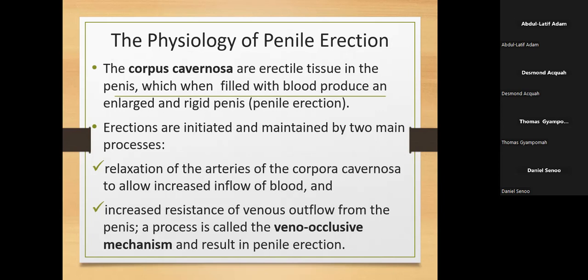So the penis will be supplied with arteries. As we move on, we'll talk about the specific name of the artery. So it's the arteries which will go, and then once the blood has entered any organ through the arteries, blood will leave the organ through the veins. All right, through the veins. So arteries will supply and veins will go out.